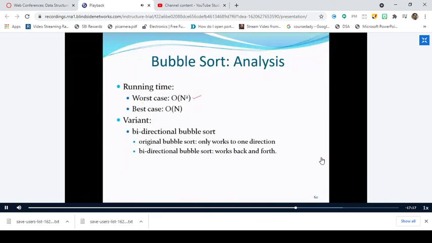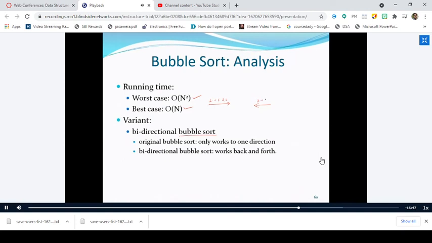So there exists another variant which is called bidirectional bubble sort. Bidirectional, what do you understand by this term bidirectional? Arranging the least element and greatest element at a time. Yeah, it operates in both directions, right? So one thing you do, you use a for loop for moving from LHS to RHS, and another looping construct you will use for moving the pointer from RHS to LHS.